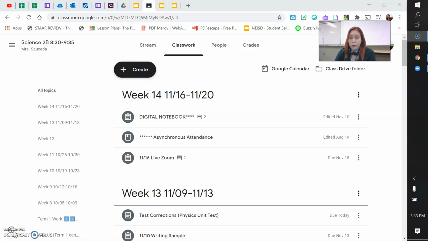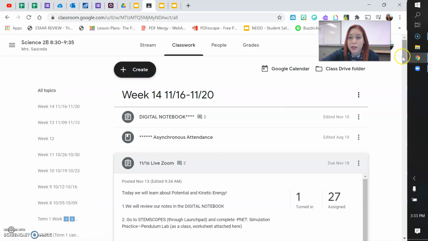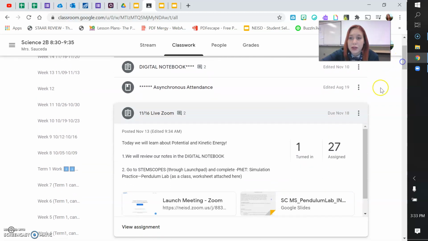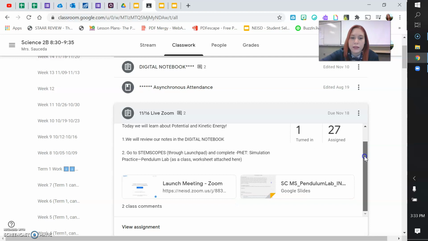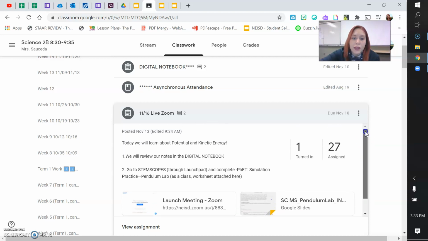I'm going to show you how to complete your work for 1116 or 1117 live Zoom. So if you're absent either on 1116 or 1117, you're in the right place. Today we're going to learn about potential and kinetic energy. We will review our notes in the digital notebook, and then we're going to do a PhET simulation